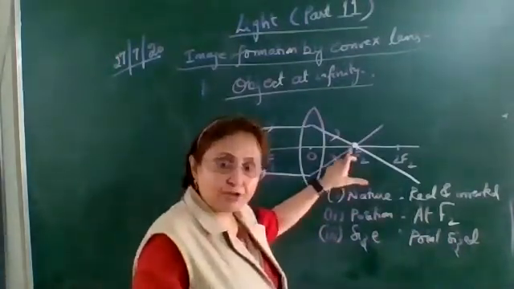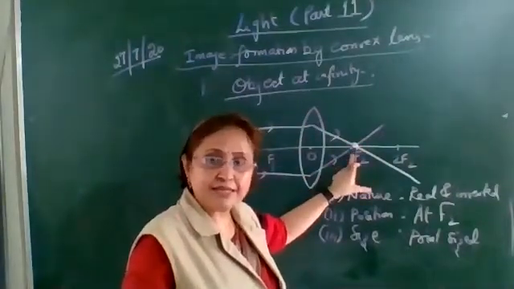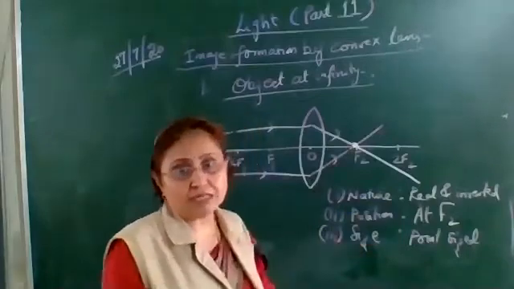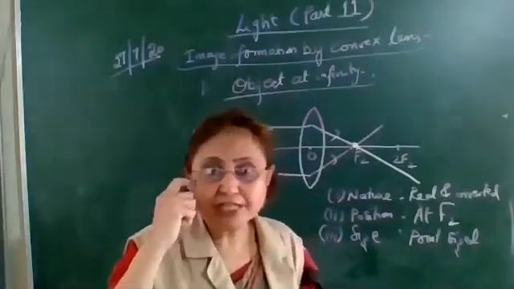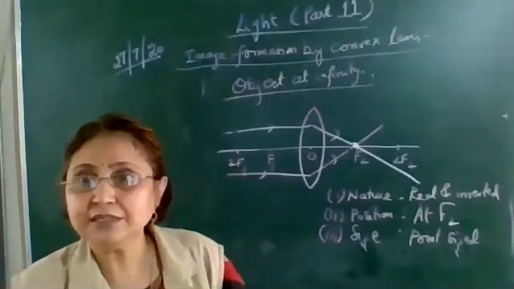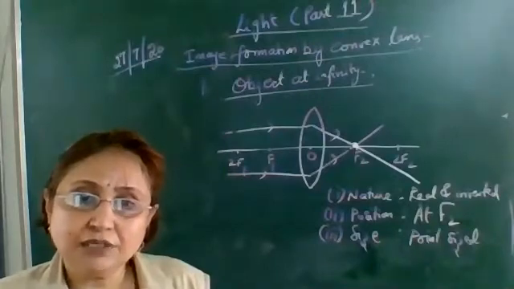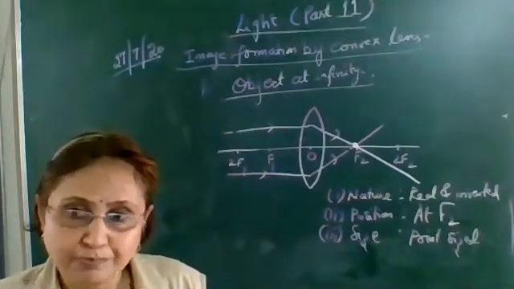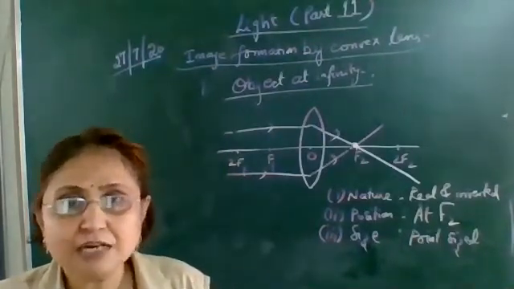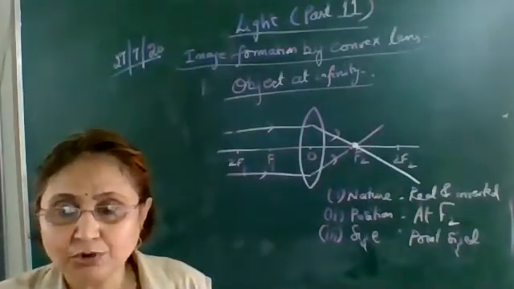Why? Because all the heat rays of the sun are concentrated at that point. That bright spot is the image of the sun. So you can see the image of the sun, and as all the heat rays of the sun are concentrated at that particular point, it will start burning from that point. This experiment you can do at home.